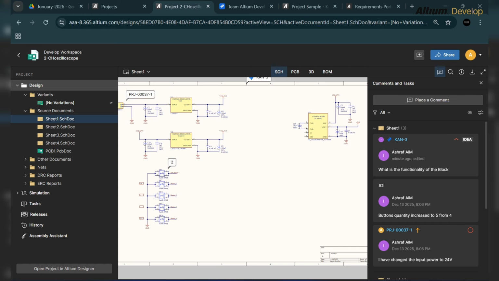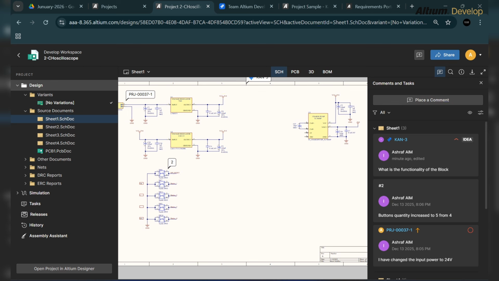We can change the status of the task from Jira. If a manager is using the Jira platform, he can assign the task from that platform to Altium Develop, where the designer is reviewing the task,